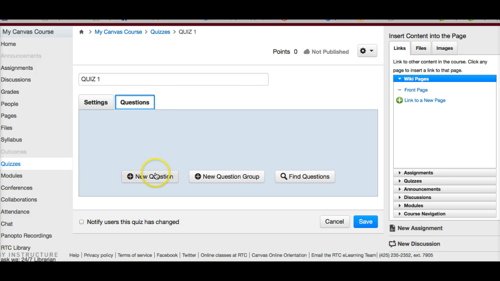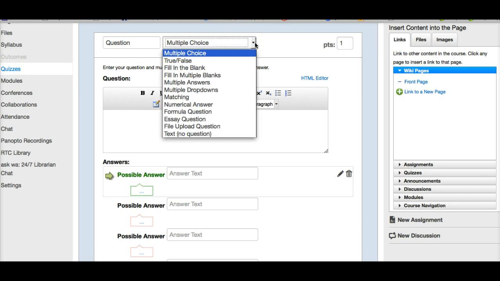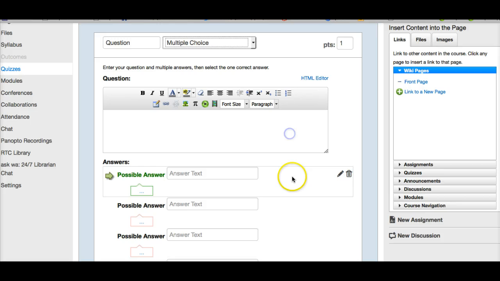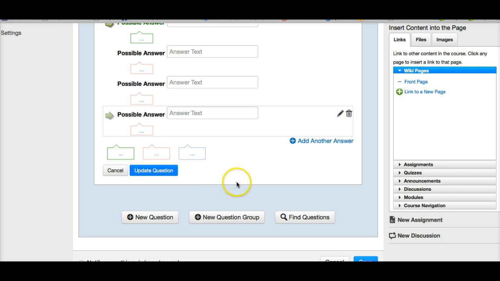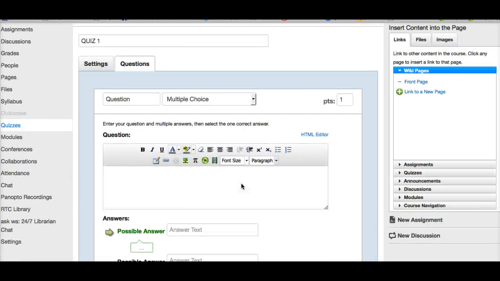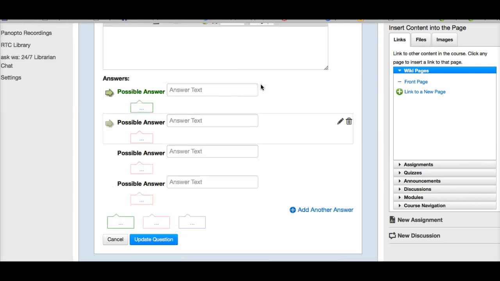So you can click on add, again the plus sign, add a new question, and you can decide what kind of question you want it to be. Lots of options here. So you can actually just start setting up your quizzes here and then choosing the correct answer with the green, and then updating the question that way. So you can make your quizzes inside of Canvas right away. And then I'm going to just save this right here and go back to the assignment page